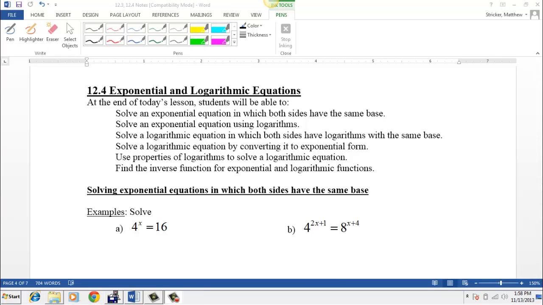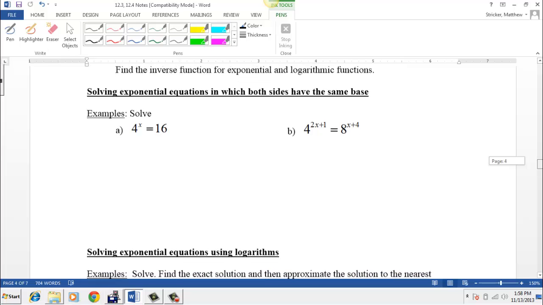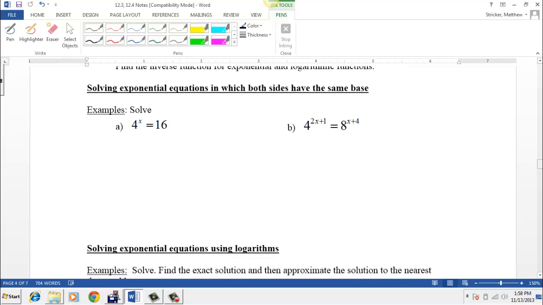Alright, so this section covers section 12.4, and we're basically going to be learning all the different ways and techniques that we can use to solve both exponential and logarithmic equations. The first two that we'll look at are two that we've already learned how to solve, so these are more review problems. Notice that in both of these next two problems, I can write both sides of the equations as